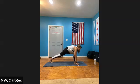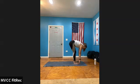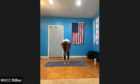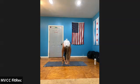Listen carefully, step your left foot up to meet the right, fold forward. Inhale, halfway lift. Exhale, fold. Final time, big toes touch. Space between the heels, or reach those hands to the sky. Chest lifted. Another breath. Exhale, fold forward. Inhale, halfway lift. Exhale, fold, and with your next breath, inhale, come all the way to standing, arms up overhead,